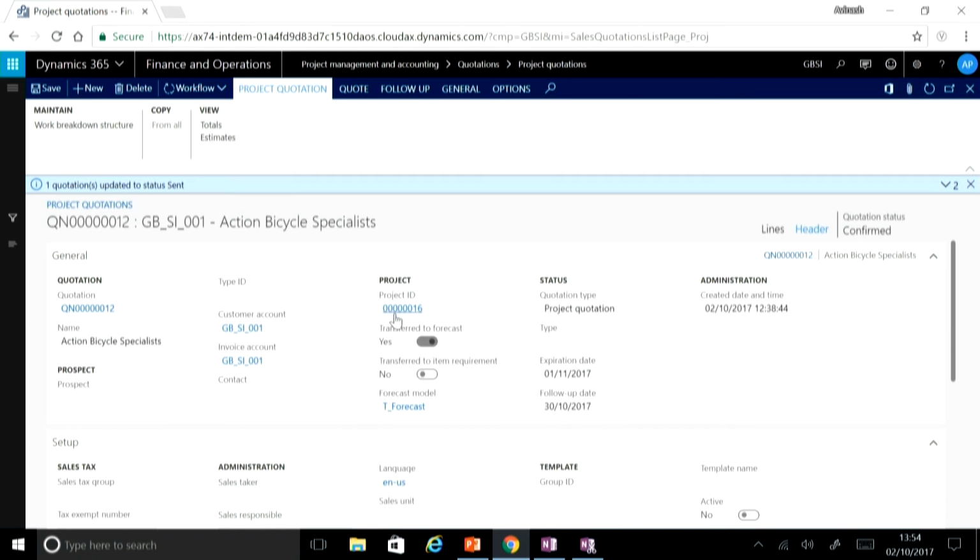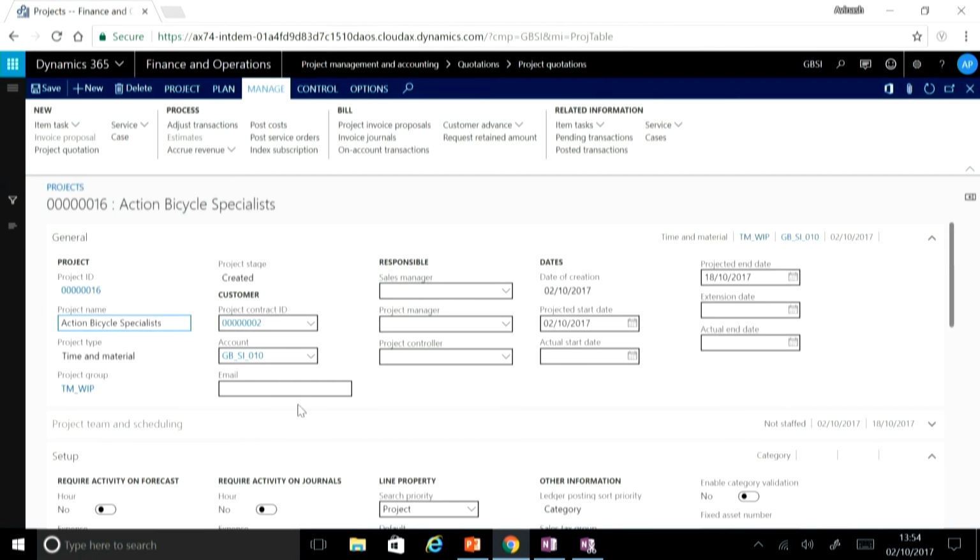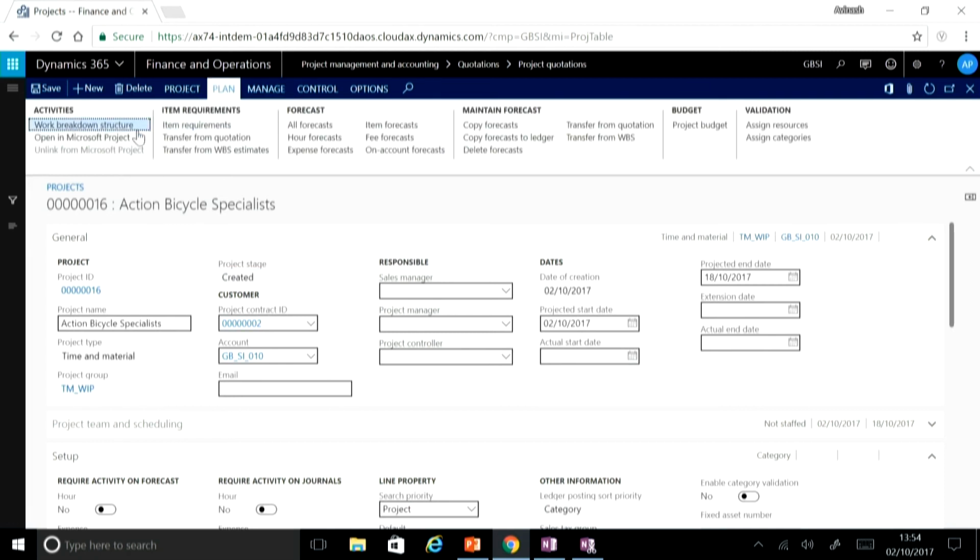And now you will see a new project ID number 16 is created. I'll navigate to the same. The project stage is on the status created. And if I come to my work breakdown structure,